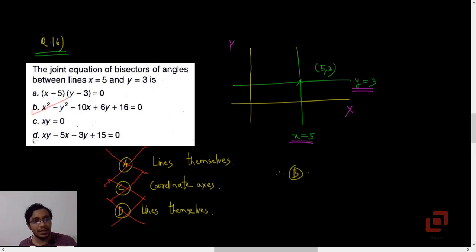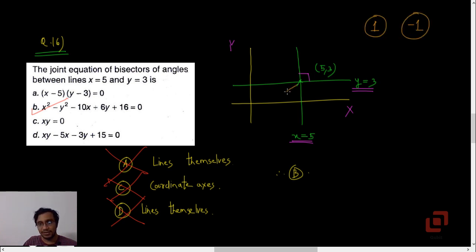So that is the equation of the bisectors. Now, just in case that does not occur to you, what should you do? You notice that these lines are perpendicular to each other, and therefore if you are interested in knowing the equations of their bisectors, their slopes will be +1 and -1.